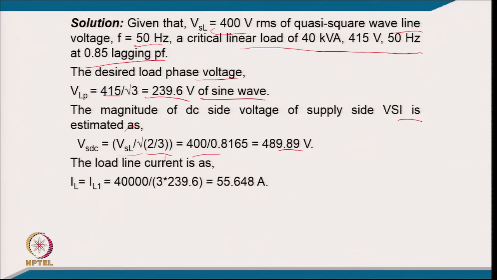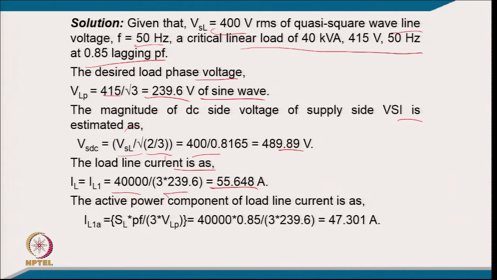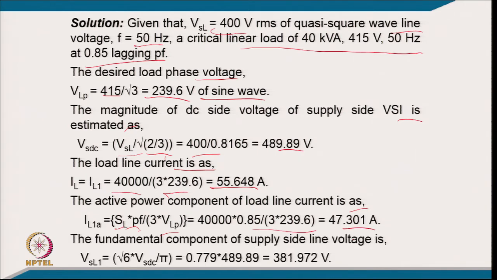489.89, and the total load line current will be your given VA divided by 3 times the voltage across the load. So, it comes to 55.648 ampere, and the active power component of the load line current will be your VA times the power factor, that is the active power, divided by 3 times the voltage. So, it comes typically to 47.031 ampere, and the fundamental component of the supply side line voltage will be